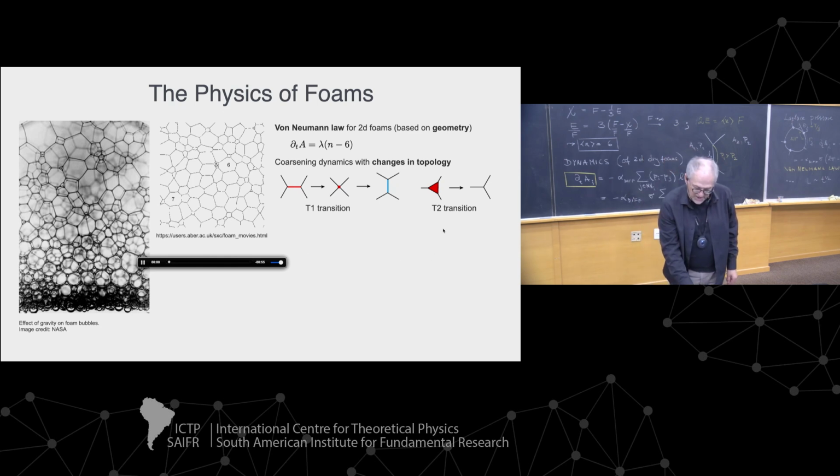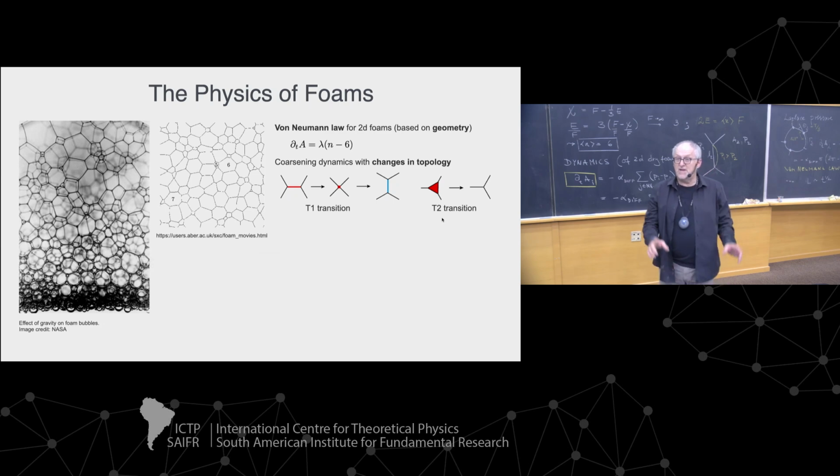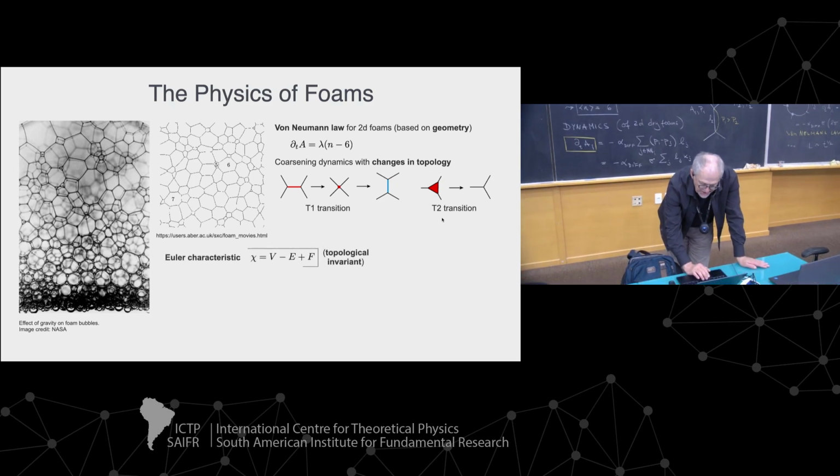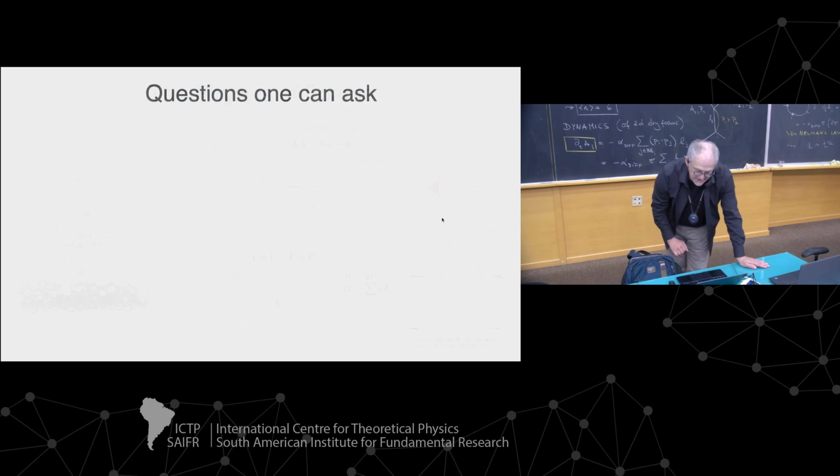You can also have a T2 transition where a triangle shrinks to 0. This is something we just learned, something I showed you. The average number is 6, and this now comes to the questions that I would like to ask